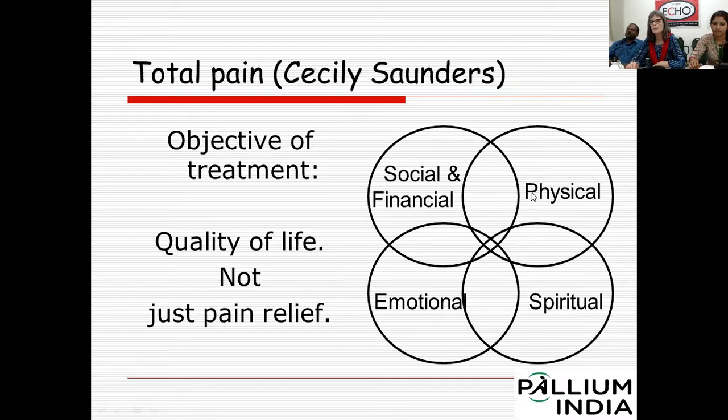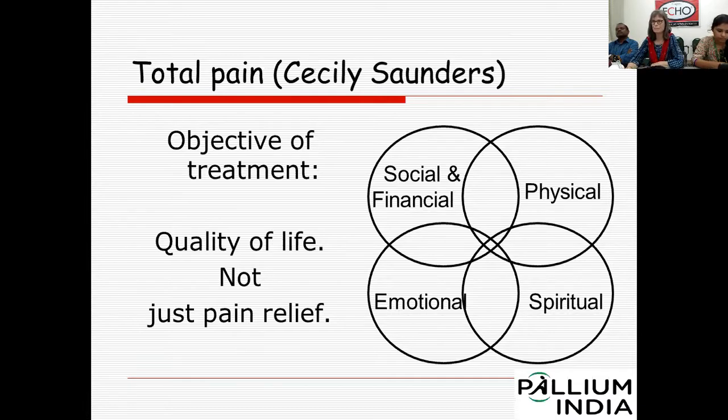But we also need to identify what else happens when somebody has an advanced illness of any kind or trauma, which I understand would be more important to PMR physicians. So there's a social change, as there is for this breast cancer patient. She's no longer able to fulfill all the roles that she has in her family. She's no longer able to work, so there are financial endpoints. And there are emotional difficulties and spiritual difficulties.